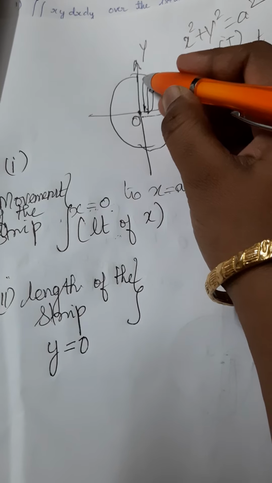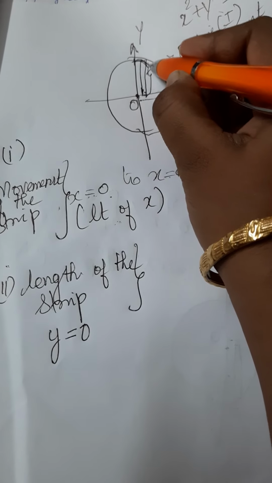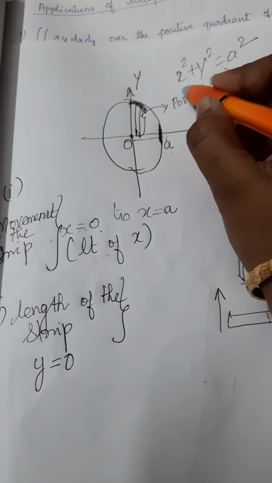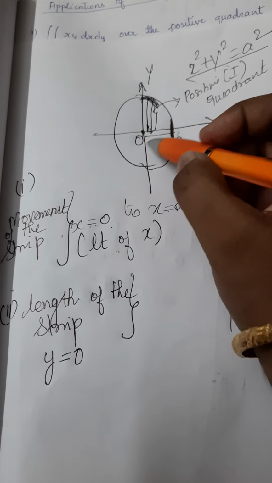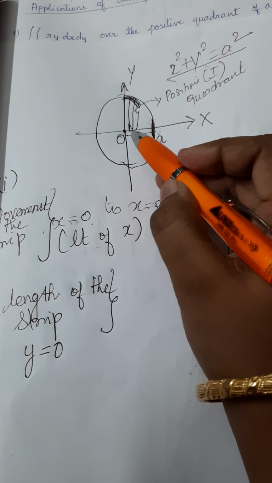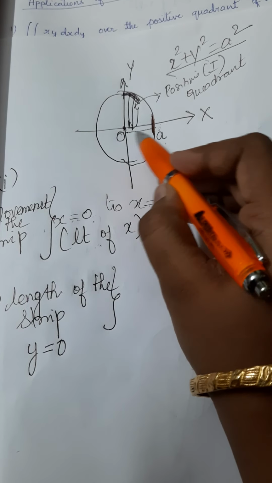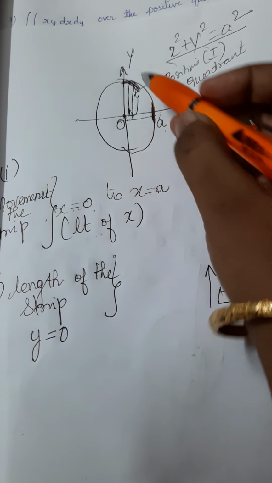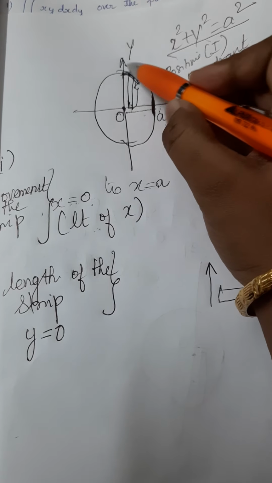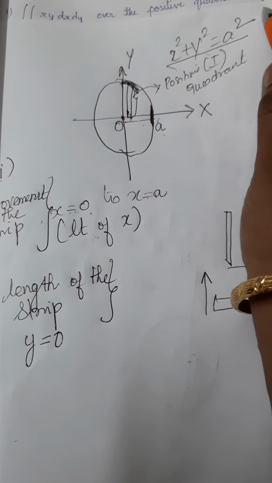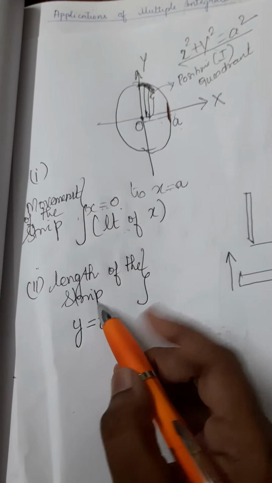And the other part of the strip is going to touch the circle. Therefore, the other value of y is going to come from the equation of a circle. The measure of the strip is going to give you the other limit. So when I measure, one end of the strip is on the x-axis, whose equation is y is equal to 0. The other end of the strip is touching the equation of a circle. So I have to get the value of y from the equation of a circle as follows.